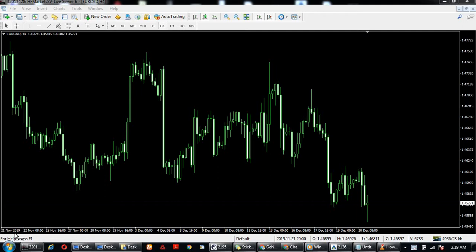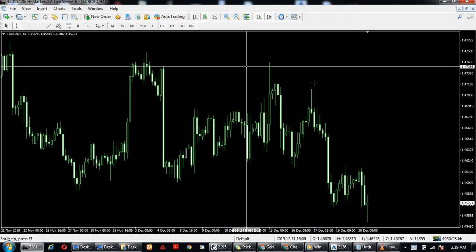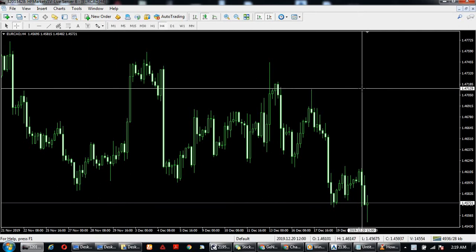I took a sell trade on EURCAD somewhere around here, and I'm currently on 40 pips. Currently on 40 pips profits with my trade now in break even, and this trade is very much still valid, and by that I mean